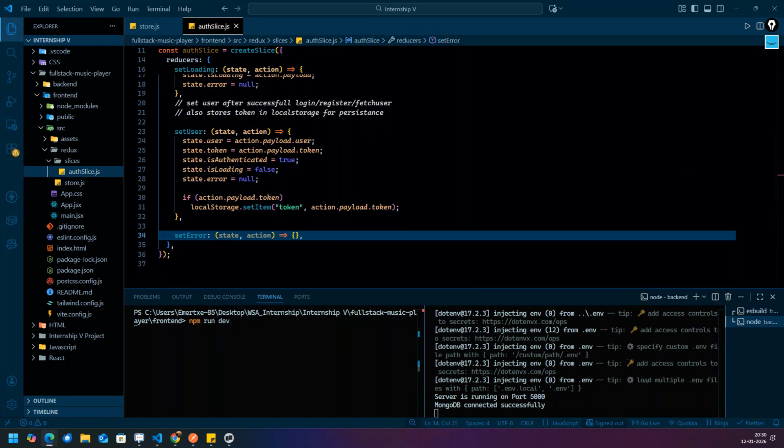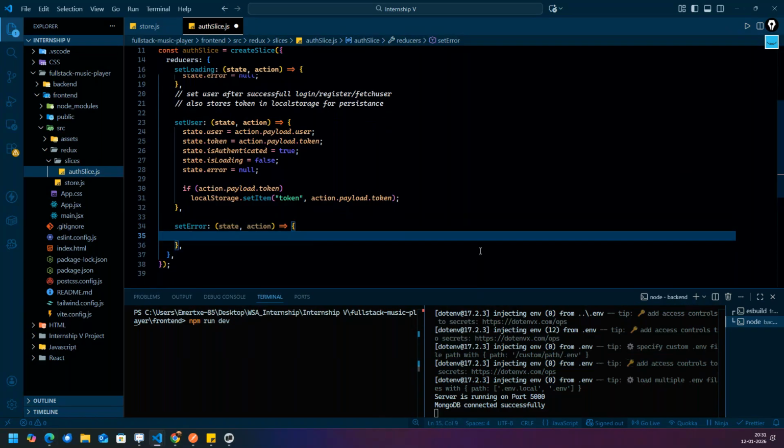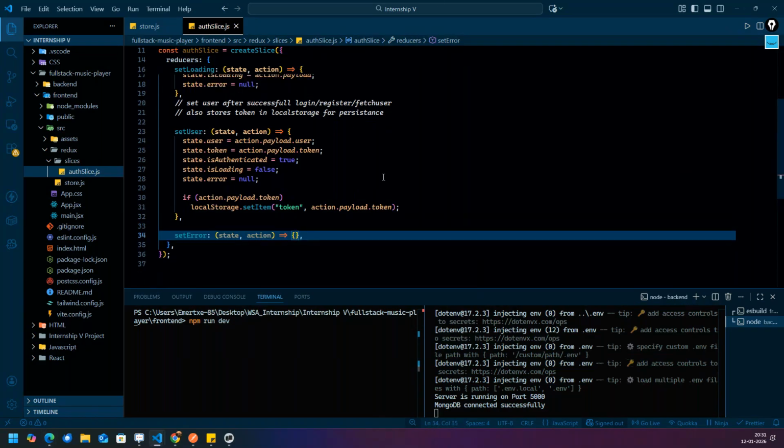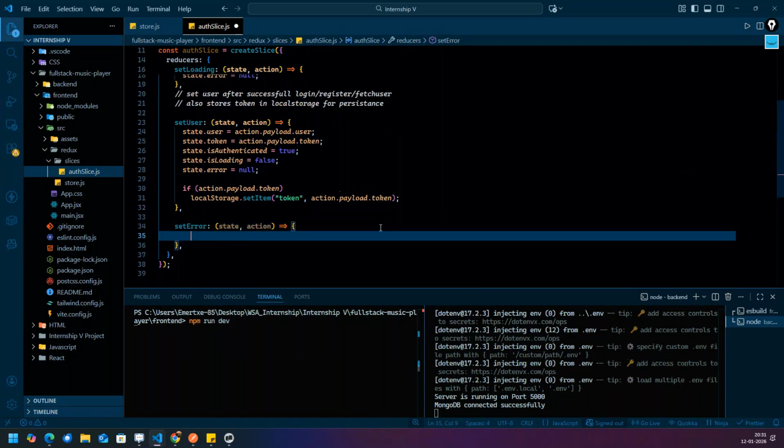So for that, we don't want to break the UI, but we need to take the data. If you are getting the wrong response, fine. If you're getting the error as a response, at that time, guys, tell me what we have to do when we are getting errors. What are the things that we need to write?